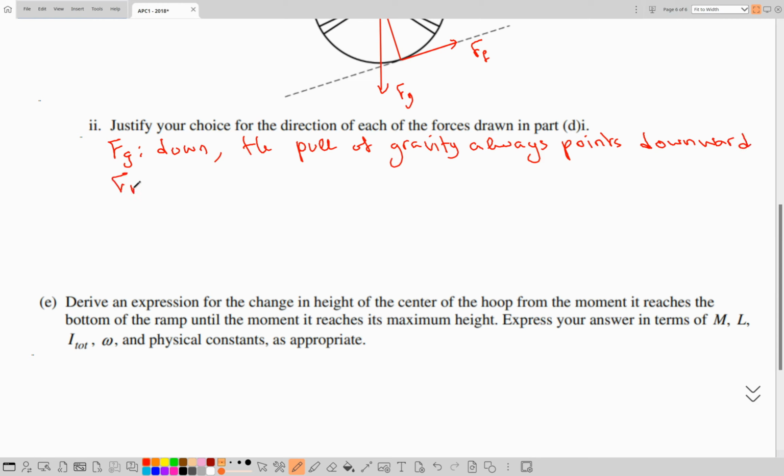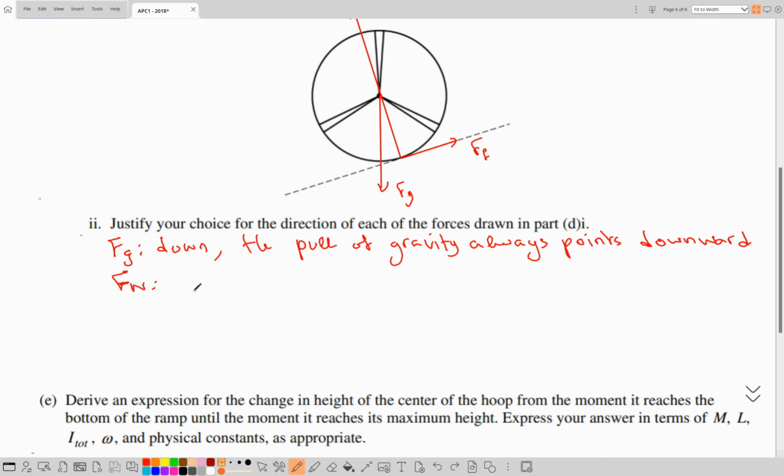Now for the normal push, in this case the direction of the normal push is given by up left, and we need to give the justification. The justification is given by the normal push points perpendicular to the surface,